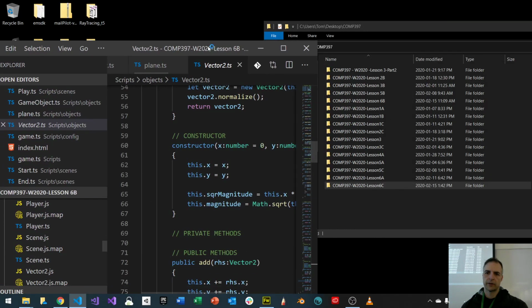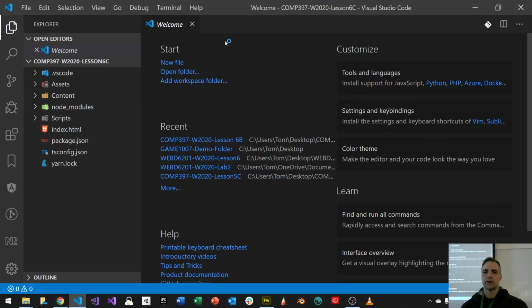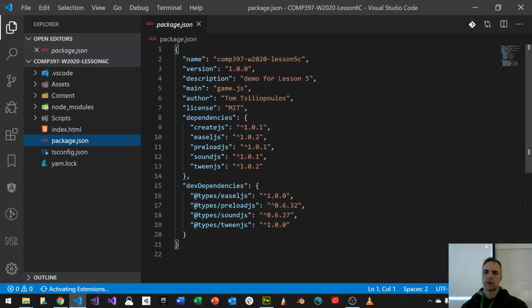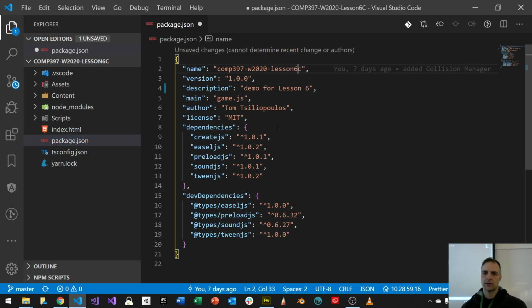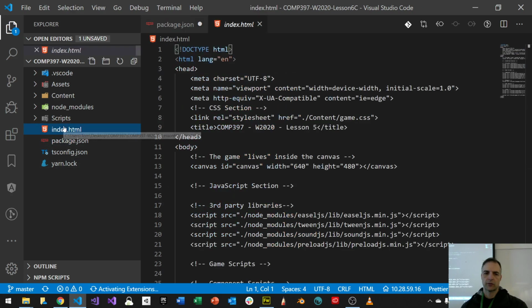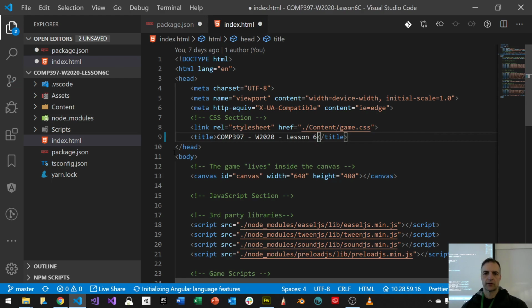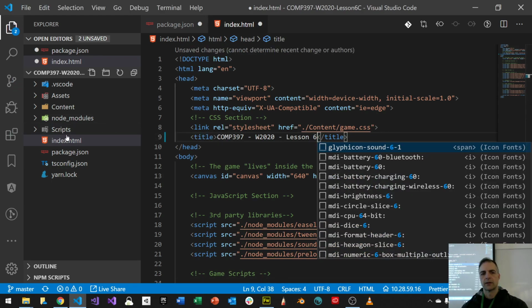And just like before, what we normally do is we kind of bring this up and drag and drop. Here's 6C. A couple things we need to change. Just for completeness, I'm just going to change this and this. Just make sure that looks right. So it says lesson 6. All that kind of stuff is good. As well,